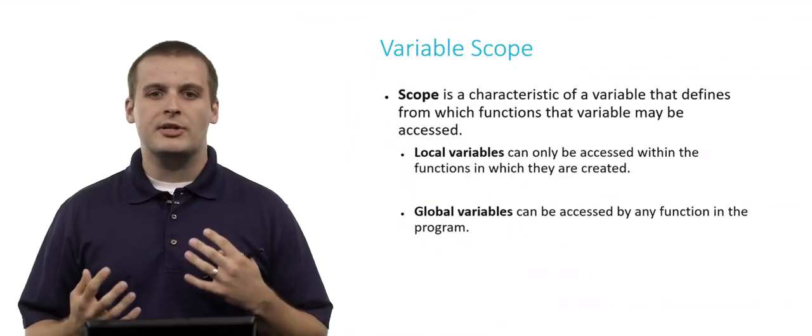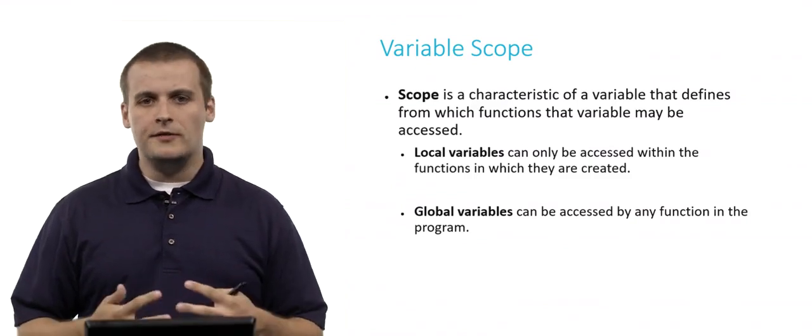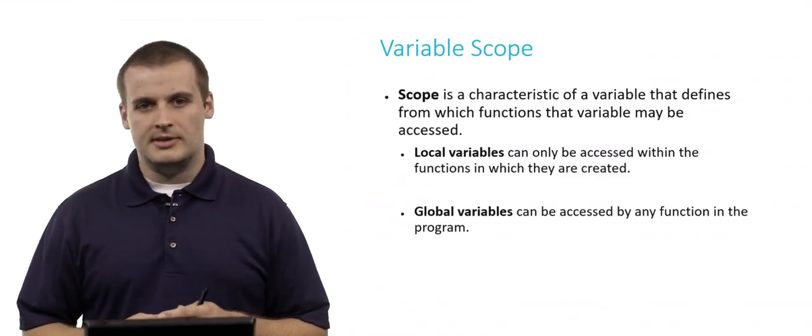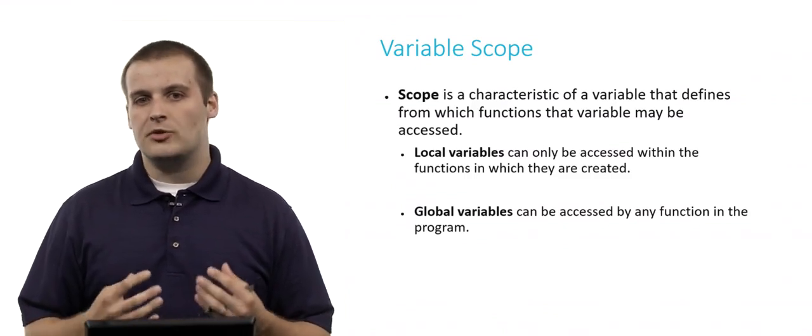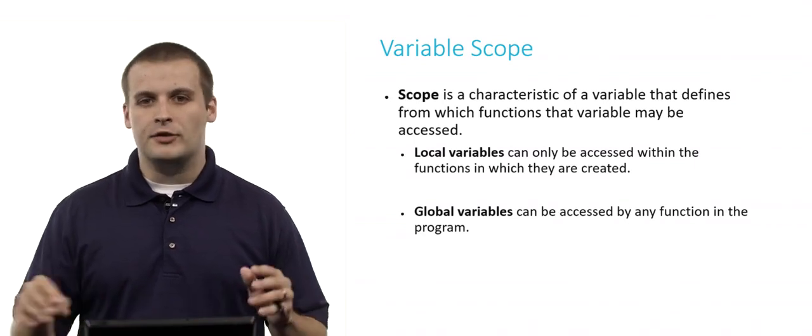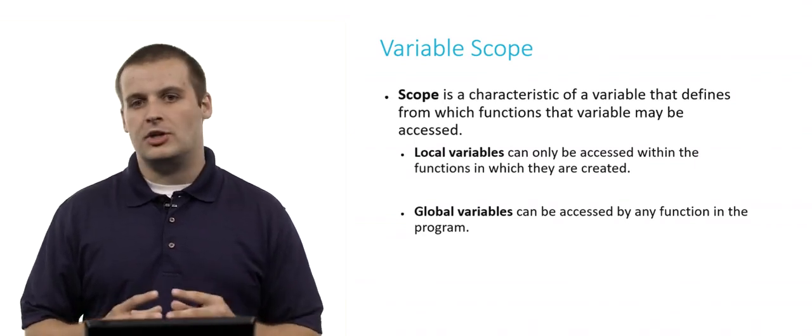As you start working with functions, another thing is going to become really important to understand, which is the concept of variable scope. So scope is a characteristic of a variable that defines from which functions that variable can be accessed. There are two primary scopes in C: local variables and global variables. Now, local variables can only be accessed within the functions in which they're created. They can't be accessed by every other function that exists in your program, only the function in which it was